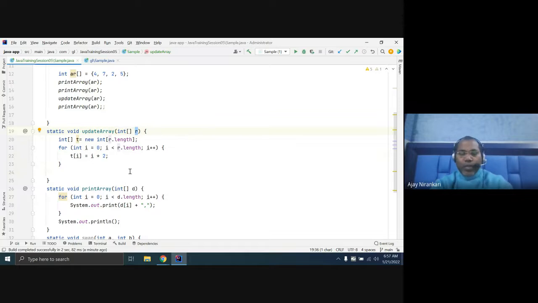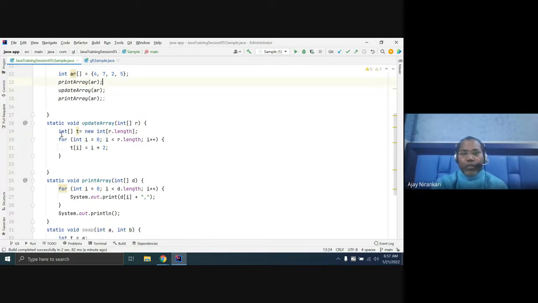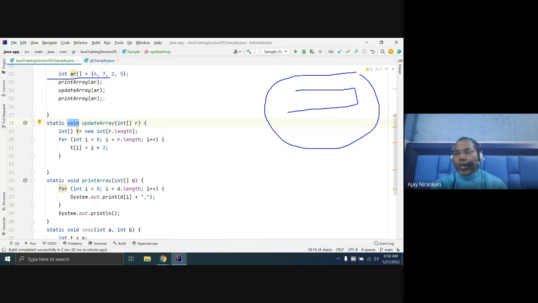Let us explain it again. If you want this value again, then your void method needs some change. Here you created this array in your heap memory, and ar refers to this.